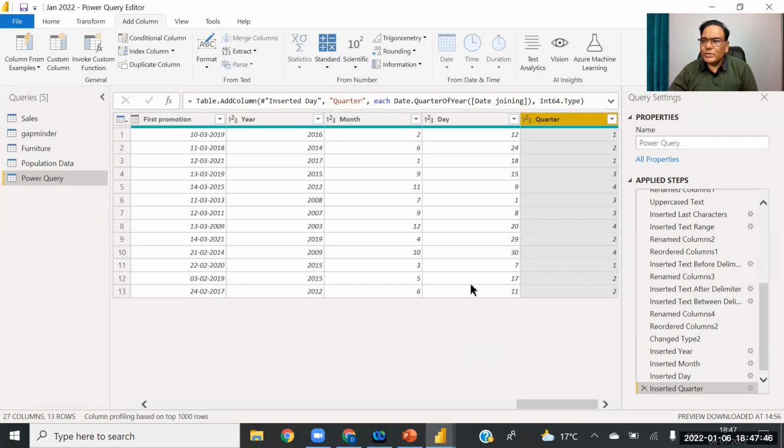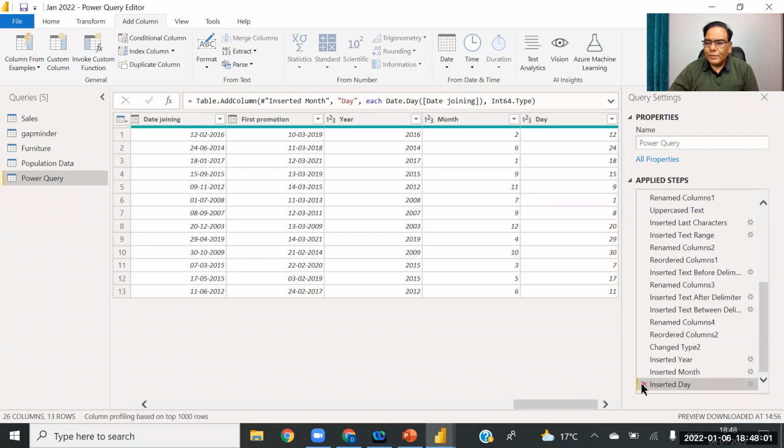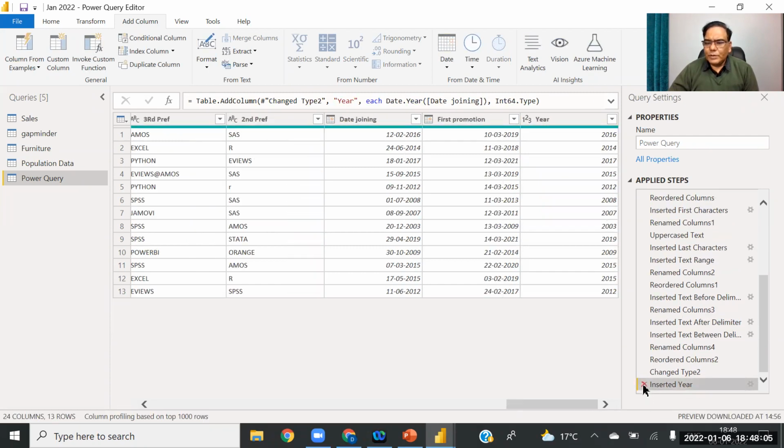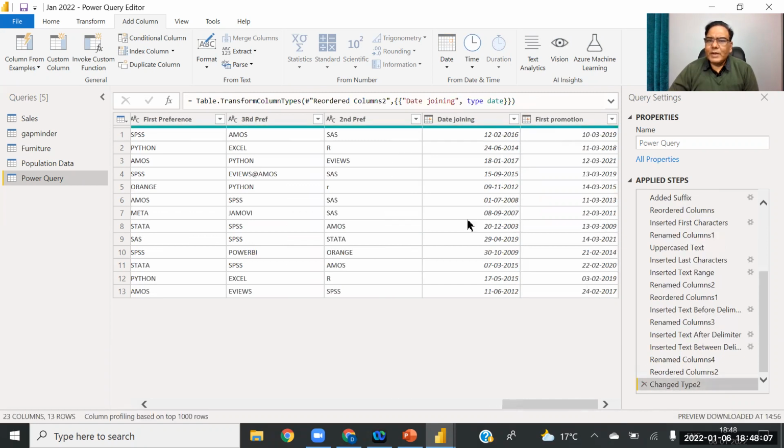It is according to the US standard. Okay, so now you know how easy it is to extract the day, the month, the quarter, the year from a date. Now I'm deleting all of this. Okay, so we come back to the two dates.